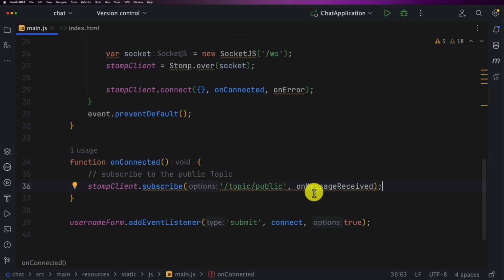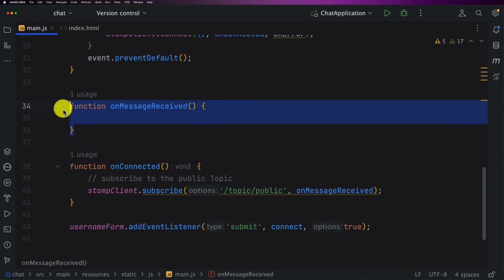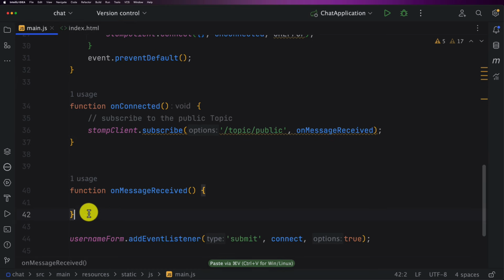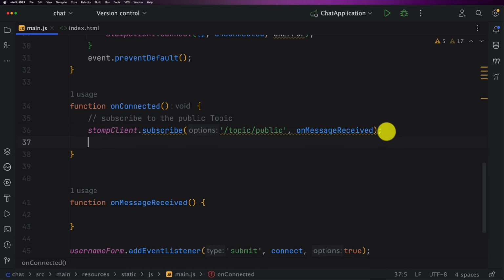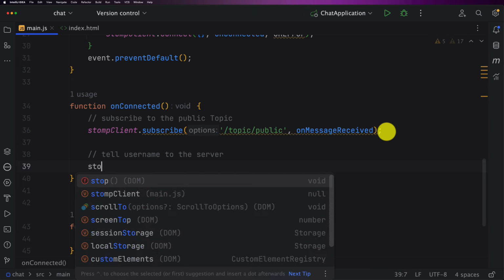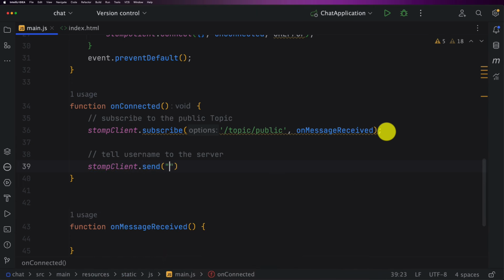Okay, so I will just create this function. I will make it global, and also I will move it a bit to the bottom. I will leave it in here, and we will implement it later on. All right, so now I need to tell the server my username. So here, tell username to the server. And in order to do that, I just use my stompClient dot send, and I want to send to the